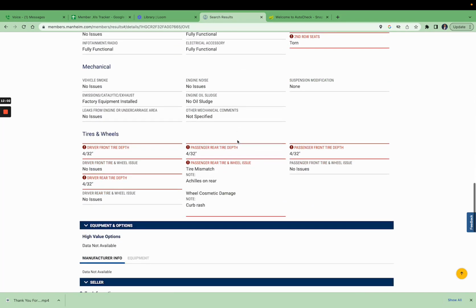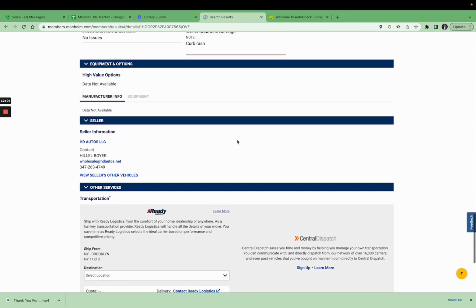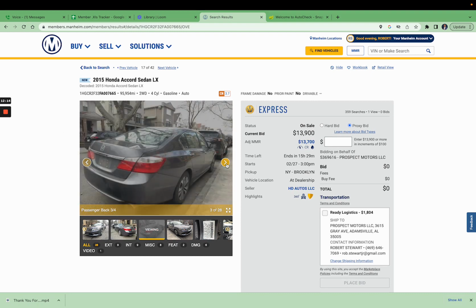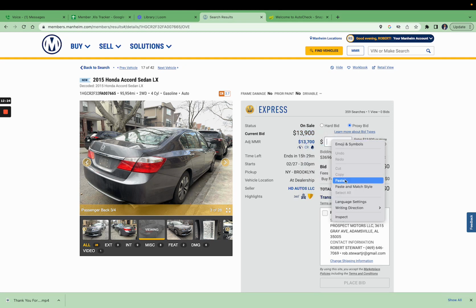Just remember that your selling conditions are going to be different, right? You got to know your customer. So if you're selling these kind of cars, $15,000 cars, you got to have some markup in there. Just remember that if you buy this vehicle, right? So if I were to get ready to bid on this vehicle, I would just come in here, I would put my price in here,